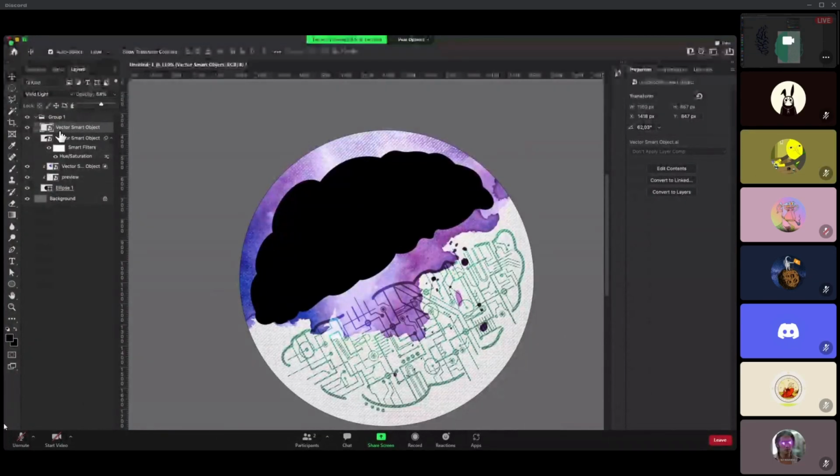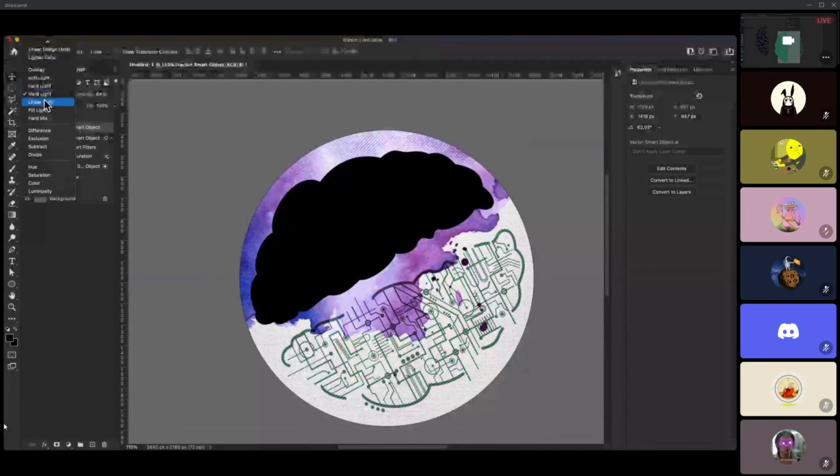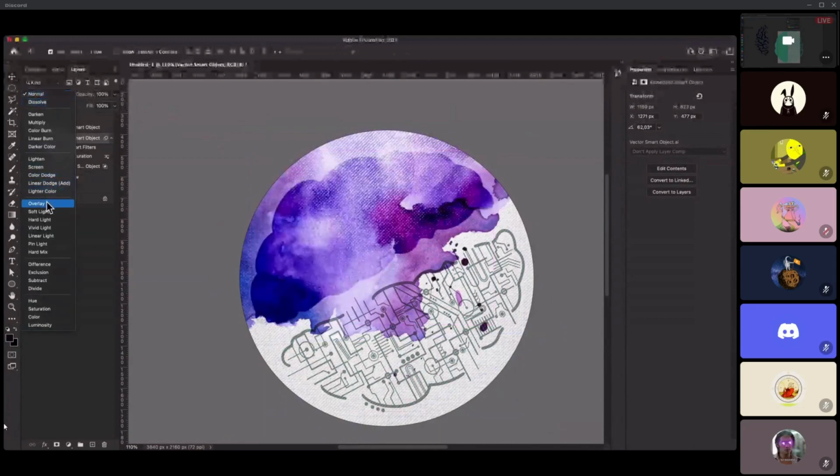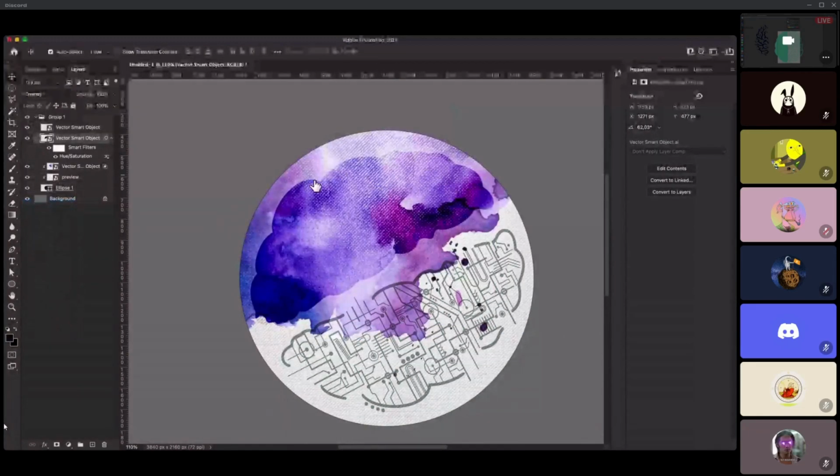So in this case, I'm just going to go with linear light maybe. Drop the opacity a bit more. And with this same. So this I'm going to put on overlay mode because it gives a bit of darkness without taking much. So in this case, now I want to create some depth in this little piece of grain.